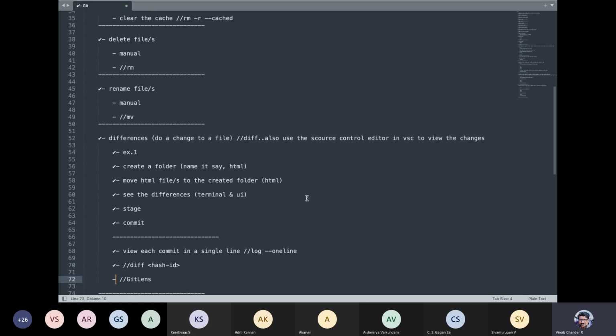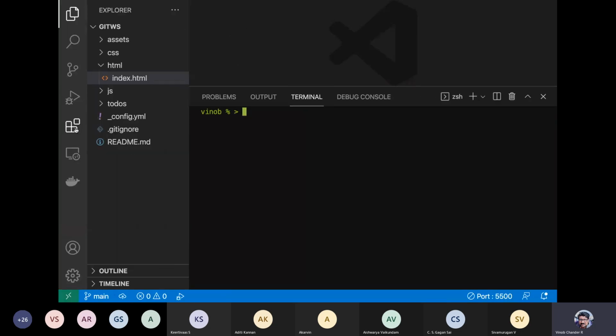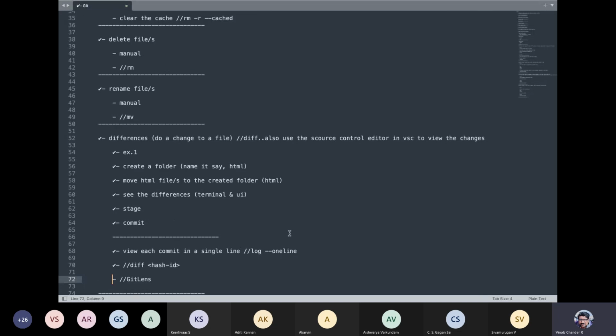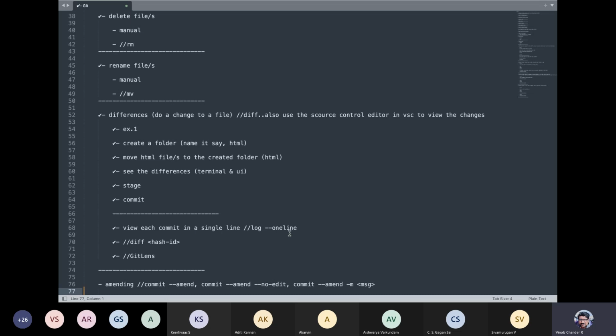The other thing that I have said is there is something called GitLens that you can make use of. You can search for GitLens from the marketplace here and add it as an extension. If you have many different commits and branches that you want to inspect, rather than using git diff or the source control, you can make use of GitLens. You can explore that later. It is very useful if you have a complex, big project. All right, that is all about differences, guys.